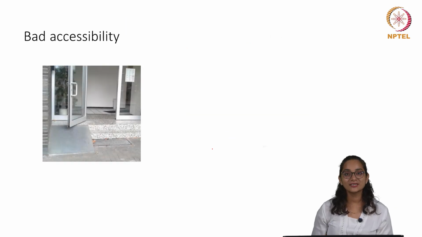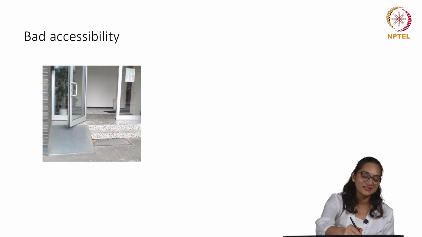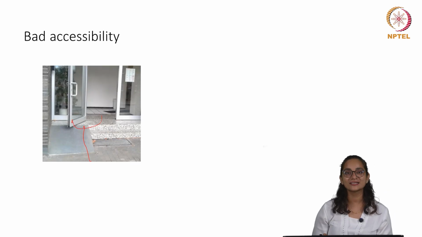So these are some very funny, hilarious examples of bad accessibility. I just wanted to start off with the non-digital images, and they can be very interesting. So somebody has thought of building a ramp, but the gate opens in front of it and there's hardly any space for a wheelchair to actually turn and go into the gate.